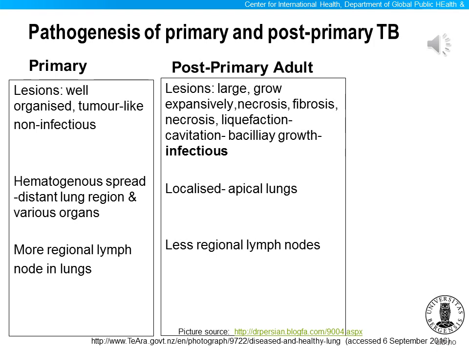Because the post-primary disease occurs in hosts who have already developed immunity as a result of primary infection, now the host is extremely sensitive to the toxic products of the bacillus, and the large antigenic load which results from infection now becomes toxic to the tissues, leading to increased tissue destruction, necrosis, and formation of cavities. These cavities provide an excellent growth medium for the bacilli and excretion of bacilli in the sputum. This form of tuberculosis is therefore highly contagious.